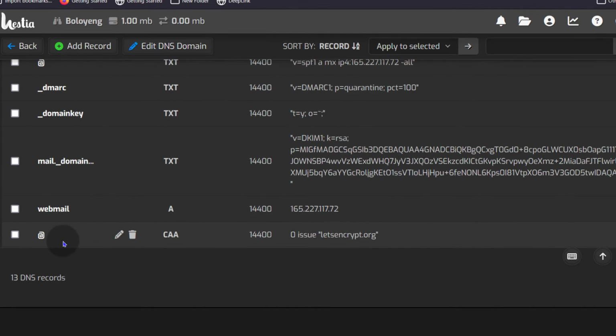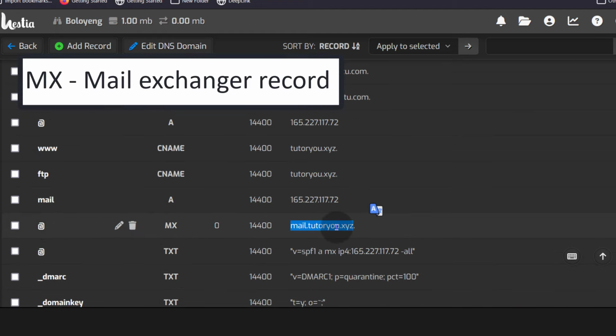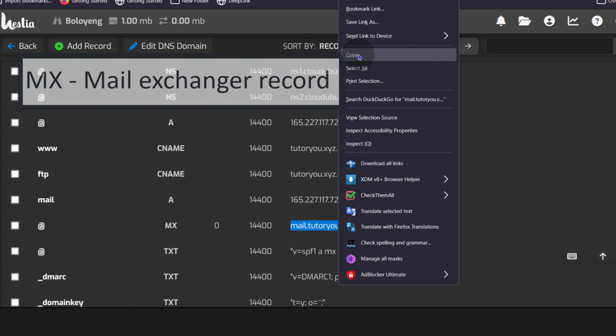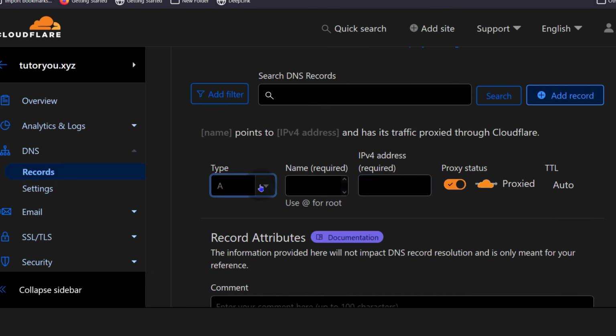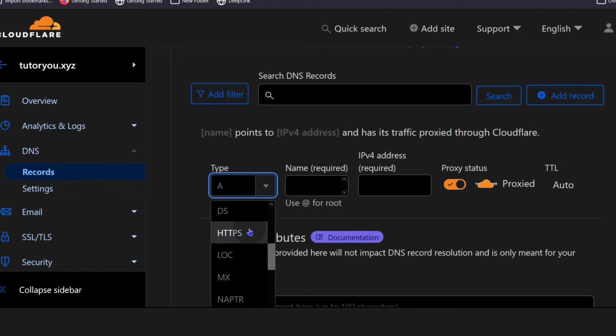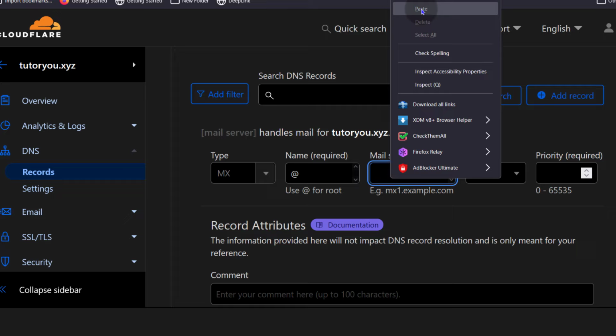For instance, let's do another example with MX records. MX records will usually tell the mail providers where to send mail. So if I come here, I'll just add record, and then I will choose the MX type there. Then for the main domain, you just add @ and you add the sub.